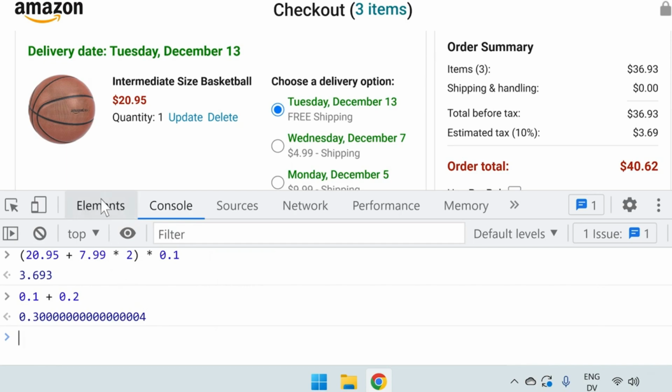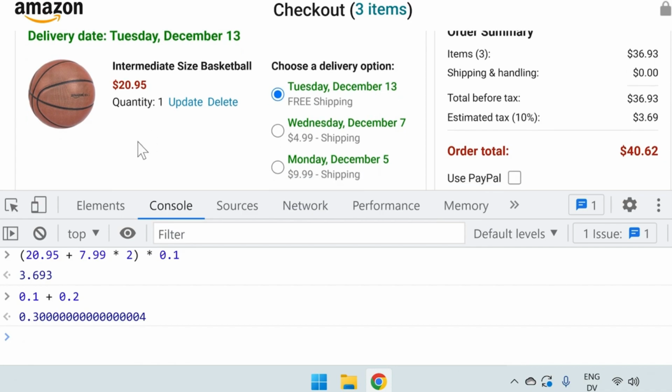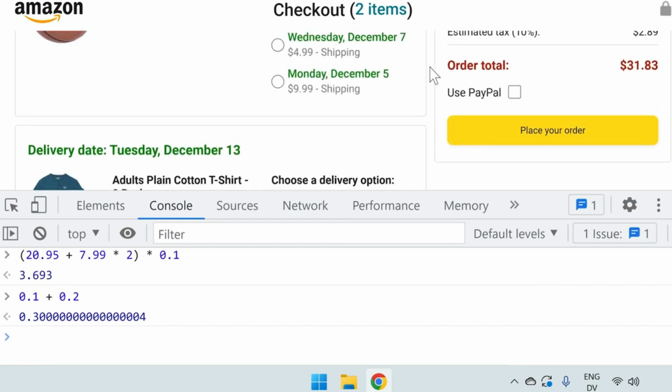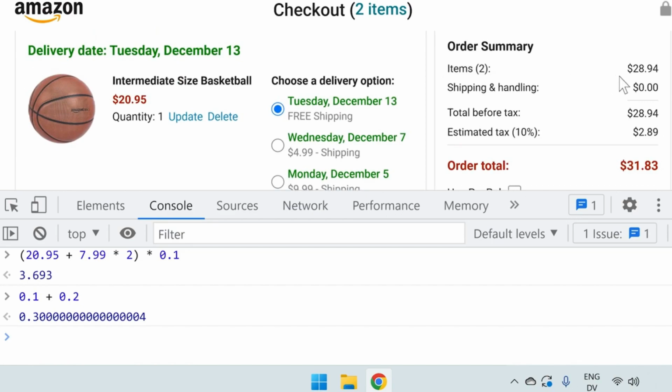First, we're going to set up our cart again. So make sure in your cart you have one basketball with free shipping, and this time you have one t-shirt. So we're going to click Update, change this to 1, and click Save. And this t-shirt also has free shipping. Now let's scroll up, and we're going to calculate this number at the top again, which is the cost of